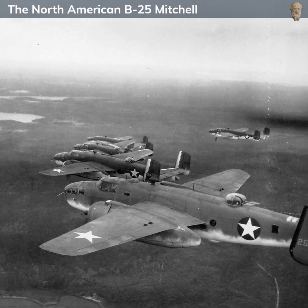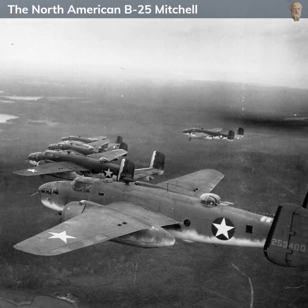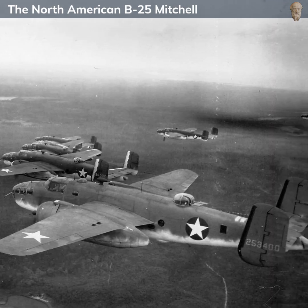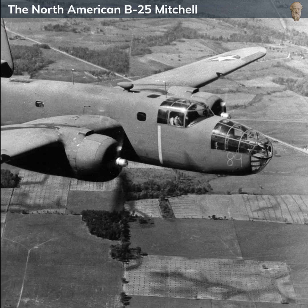these bombers launched from the USS Hornet to carry out a surprise bombing mission on Tokyo, demonstrating that Japan was vulnerable to American air power. While the raid caused minimal damage, it had a significant psychological impact, boosting American morale during the early days of